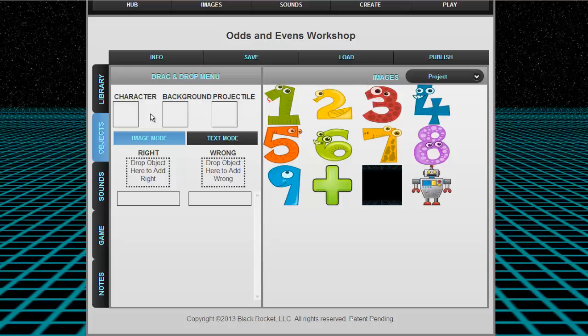There are three special types of objects in a right-wrong game: character, background, and projectile. The character is the image that the player controls as a character. The background is the image that will be placed in the background of the game, and the projectile is what